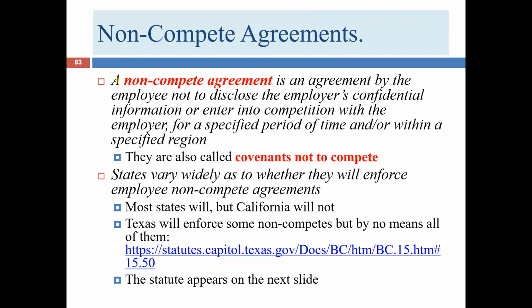Now, this is written as if the only type of non-compete people ever enter into is an employment-related non-compete. But that's not true. There are other types of non-competes, but of course this is an employment law course, so we're focusing on this niche. I just want to share with you that there actually can be other types of non-competes. As I said before, states vary